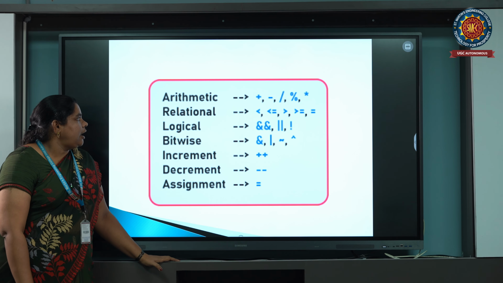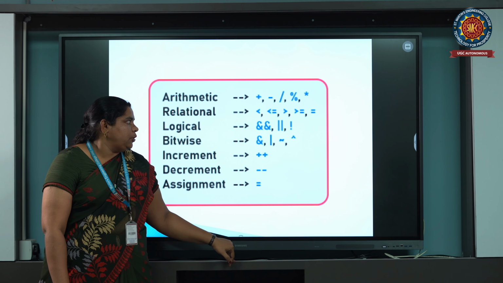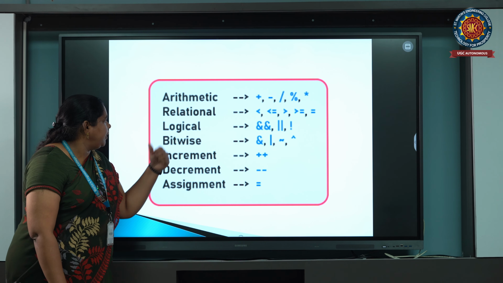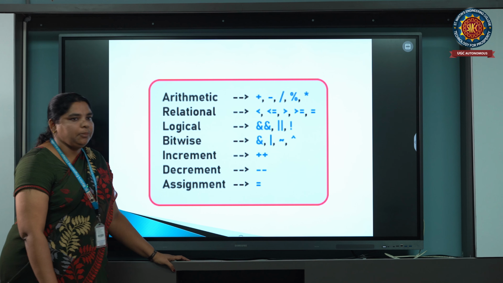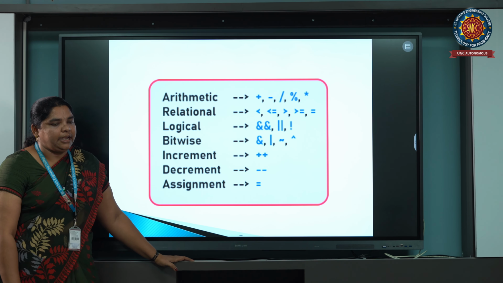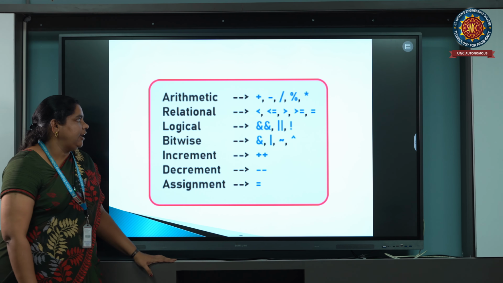Next, relational operators: greater than equal to, less than equal to, and equal to. Logical operators: and, or, not. Bitwise operators: and, or. Increment means plus plus and decrement means minus minus. Assignment means we can assign a value to a variable.